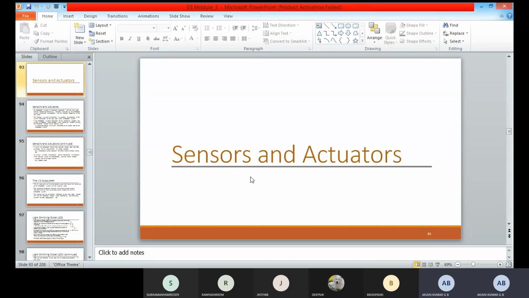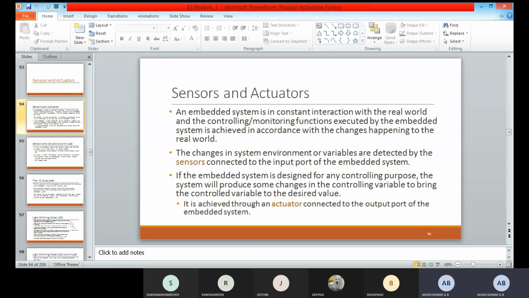Let me go through the sensor. The sensor is used for taking an input. It's just like a transducer. Transducer means it converts the energy from one form to another form. Here, temperature is in the form of heat, but the sensor converts it into electrical signals. Based on the electrical signals, they are converted either into voltage form or into current form. Through the conversion, they measure the temperature and display it in a digital form.